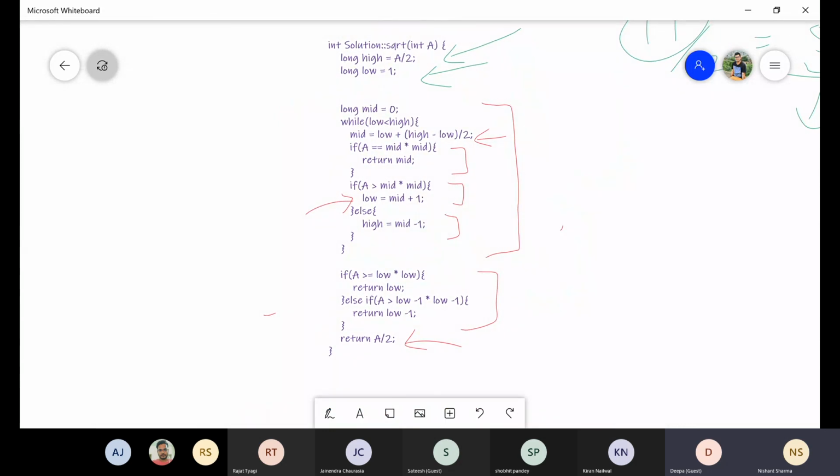If you have any question, feel free to ask. Overall time complexity is order of log n to find the square root of a number. Space complexity is order of 1 because we do not take any extra space other than the variables. When we say space complexity, if we are taking any data structure like array, set, dictionary, or hash map, then it increases the space complexity. Else it will be order of 1 only.